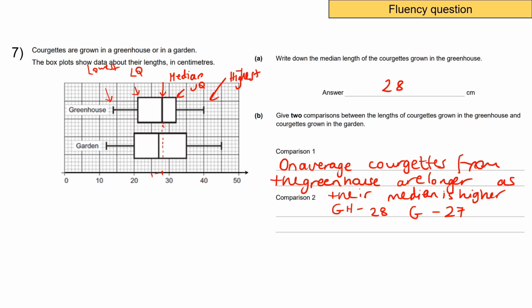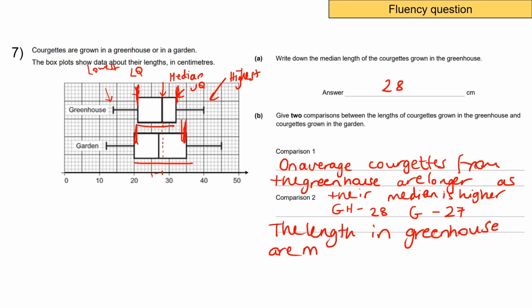What is the interquartile range? It is the upper quartile, take away the lower quartile. You can see this is smaller than this section here. That means the length of your courgettes is going to be more consistent with the greenhouse. So I'm going to be writing down the length in greenhouse are more consistent,